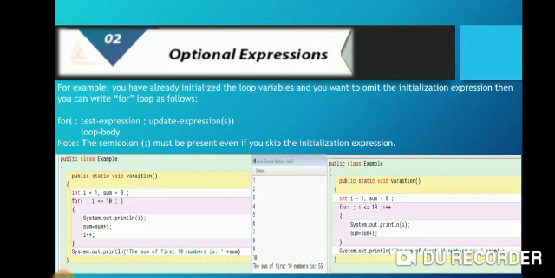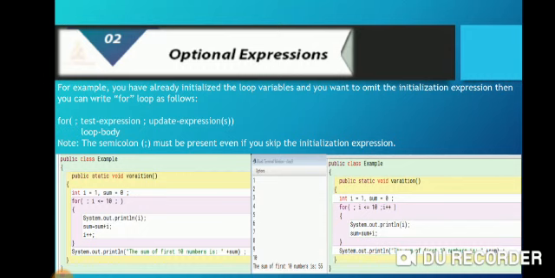So I have initialized before and I have incremented inside, and I have skipped the initialization and the update expression in the loop. So this is how we can omit or skip one or more of the expressions. And in the second example, towards the right hand side, children, the same thing is being done, but over here I have just skipped the initialization. So initialization is skipped over here and the update expression is given, and both of them are going to give